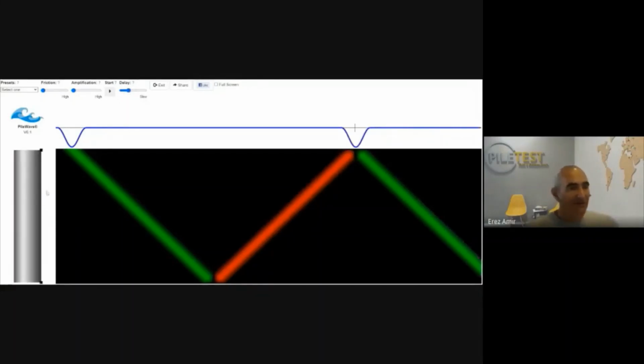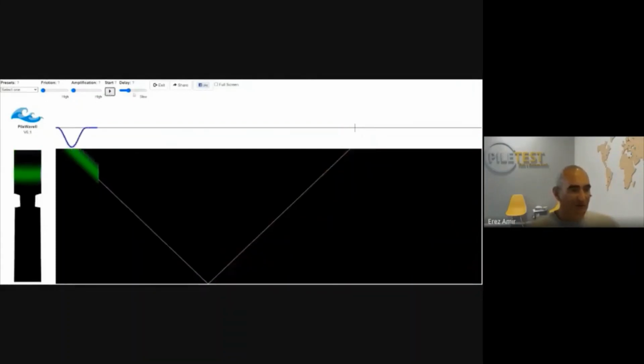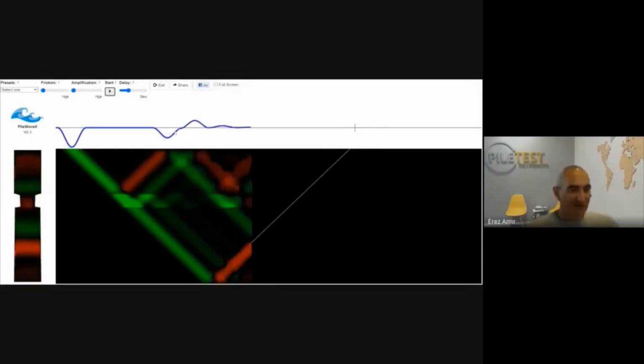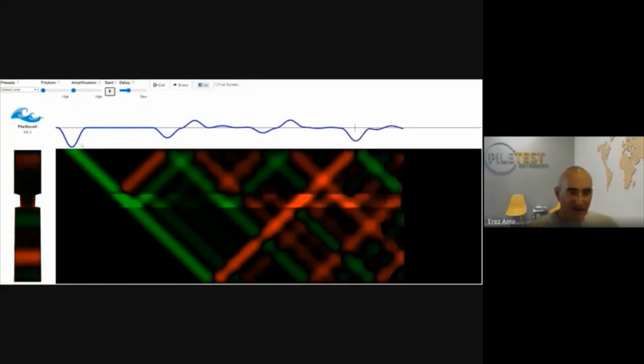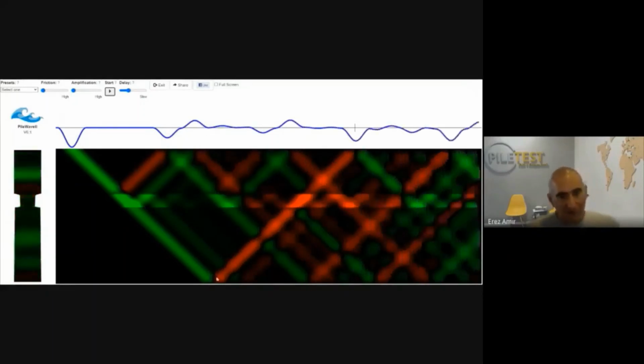If we have some kind of a defect in the pile, for example, a necking here, that's also going to reflect the wave. So some part of the wave is going to be reflected from this defect and from the bottom of the defect. And then the rest of the wave travels all the way down and back up, and we see the echo from the top. If, however, instead of a necking, we would have a bulge here,